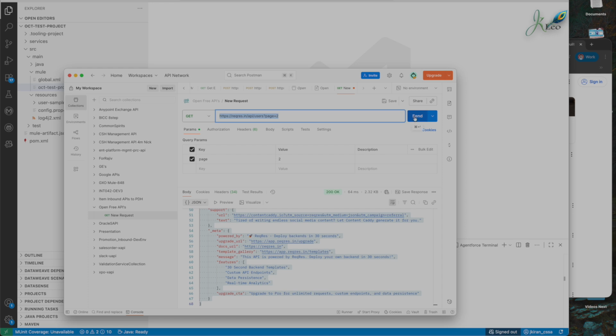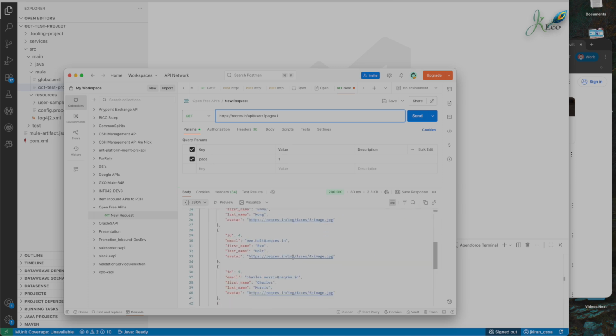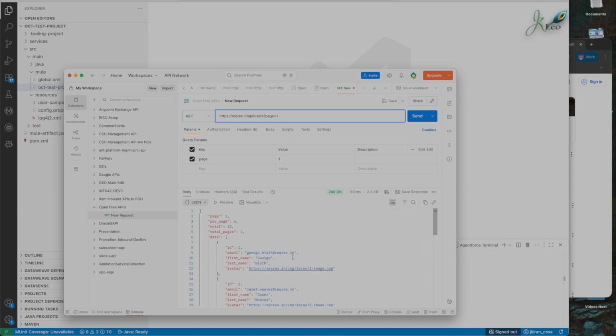Let's see today how to use the MCP server for this simple REST call which gives me some information. If I change the page from 2 to just 1, then I'm getting some response with some user data like ID, email, first name, last name and avatar. If I change it to 3, I'm not getting any results. It's again 401 unauthorized. So right now let's just stick to page 1 and we'll try to use MCP server,